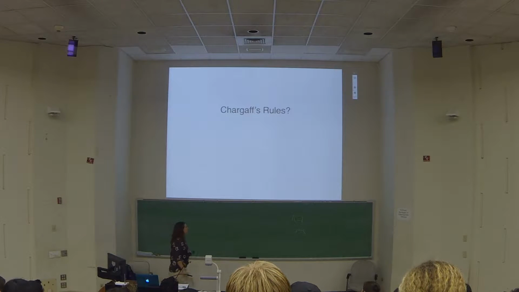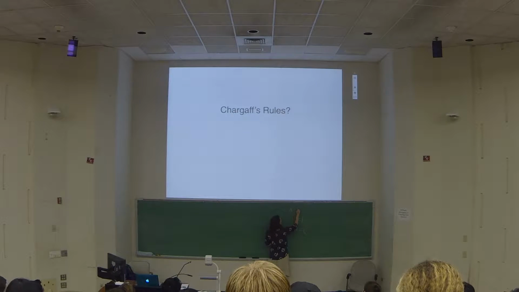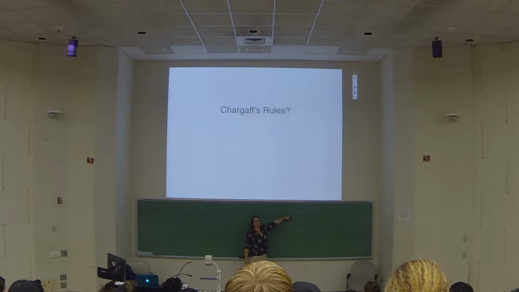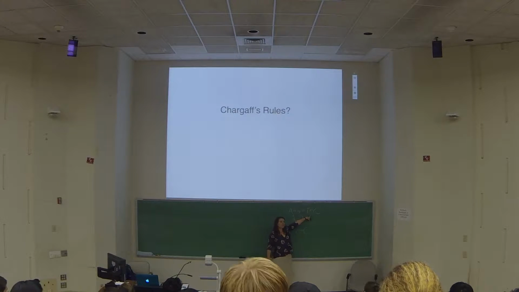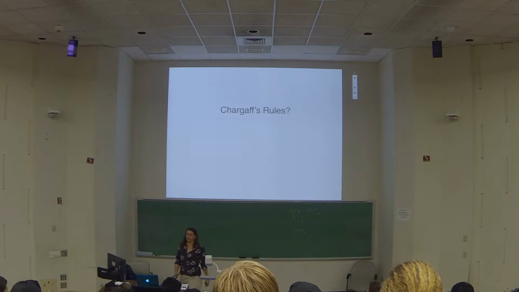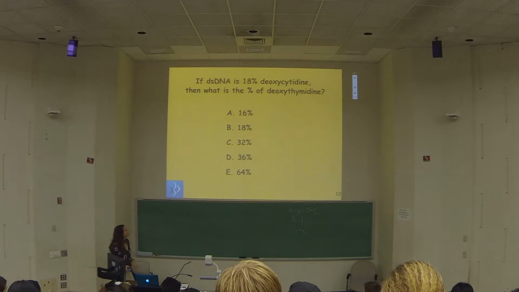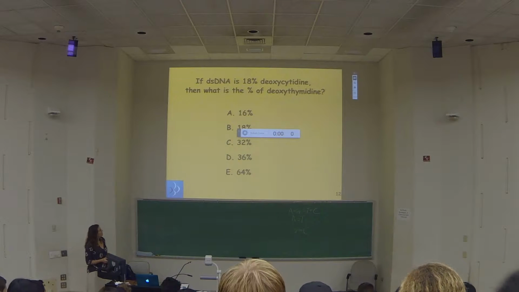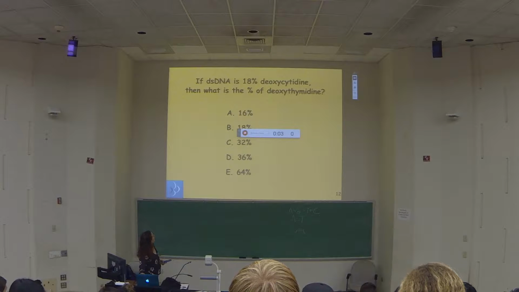Right, so there's one higher order rule that comes out of this. Adenine and guanine, what are they? Purines equal pyrimidines. Pretty straightforward. So if you understand that, you shouldn't have any problem. If I give you the percentage of any base,